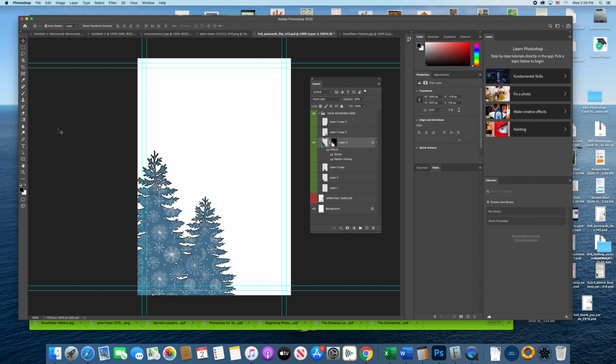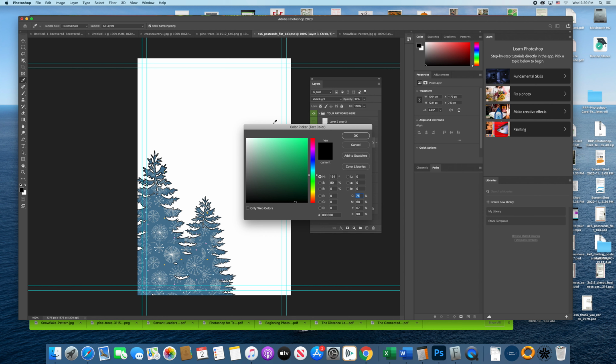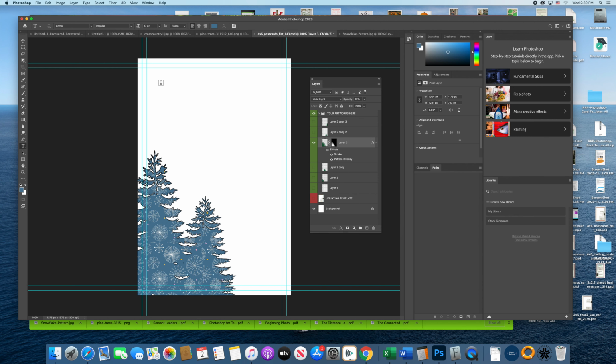I'm also going to, before I leave you, talk about text for a hot second. So I go to my text tool, and anytime you click into that color picker, you can choose a color, or watch what happens to my mouse. It changes to an eyedropper. Let's say, for example, I wanted to pick up that particular blue or even this particular pink or orange color, yellow, old gold, light blue. I can click here and it picks up the exact color of those trees. So then I can change,